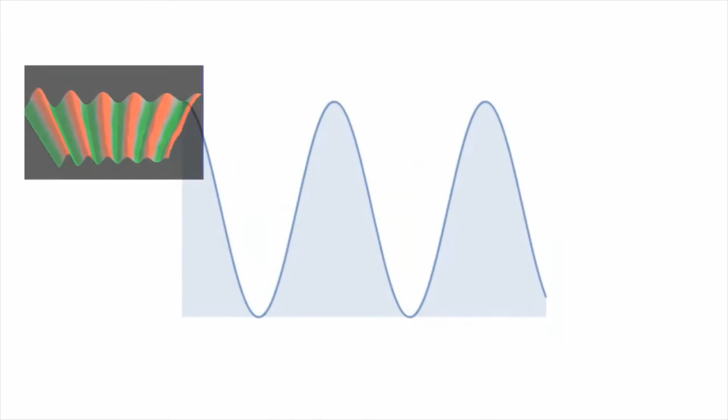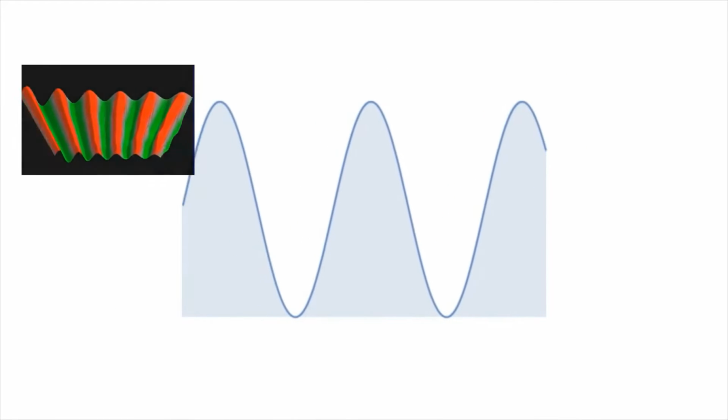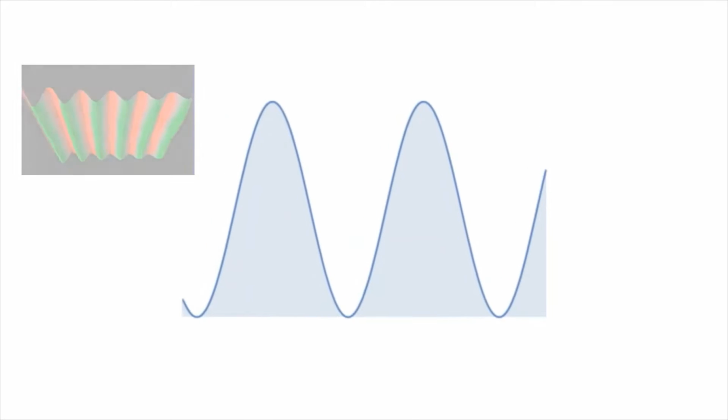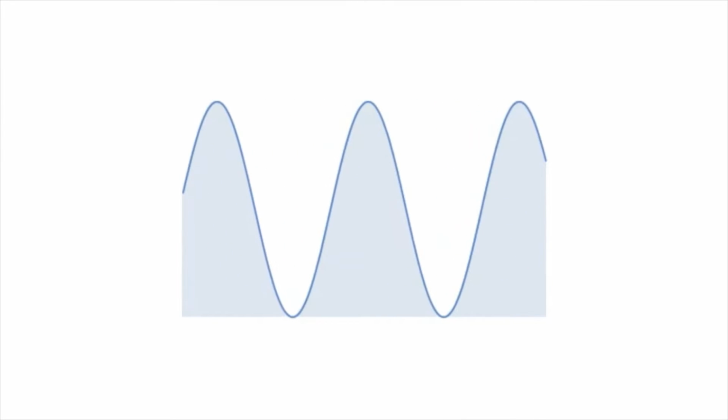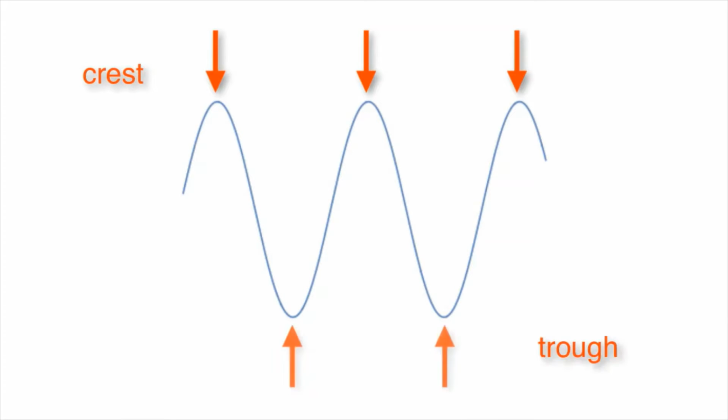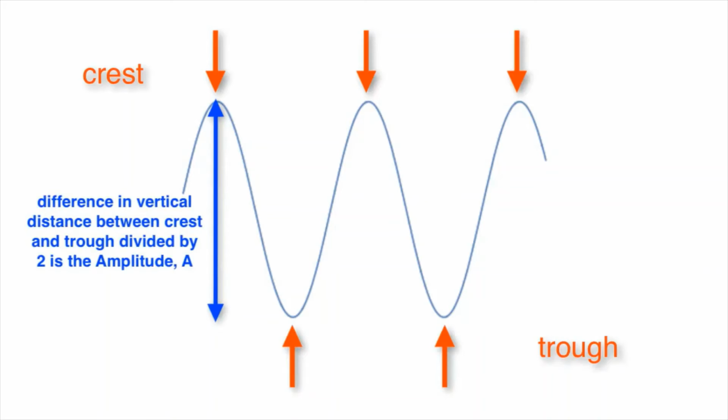Here's a simple idealized picture or model of a wave. The line represents the water surface of a wave. We can freeze the wave or take a snapshot of it. This is a crest, a trough. The difference in height between crest and trough divided by 2 is the amplitude of the wave, denoted by a